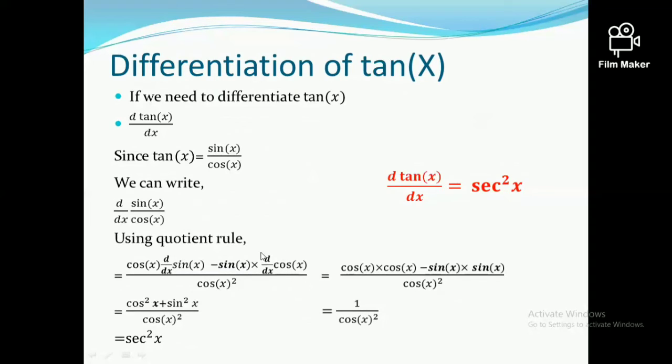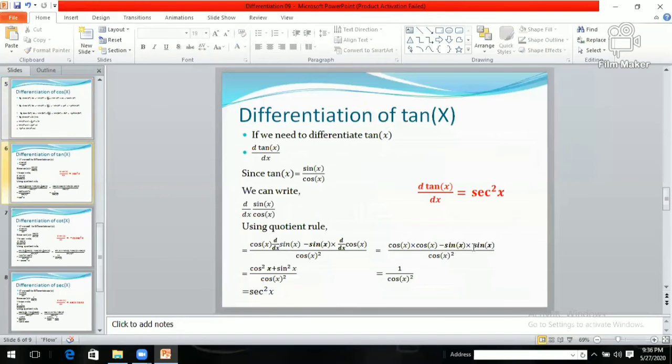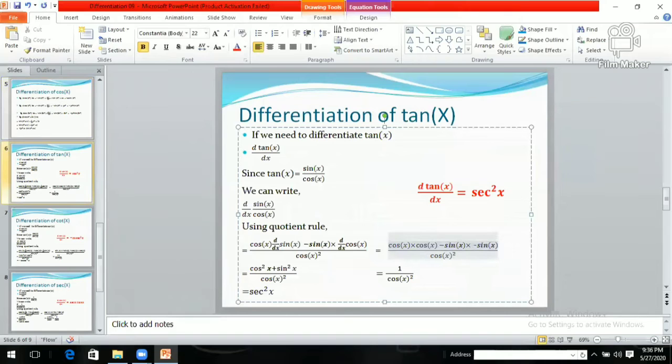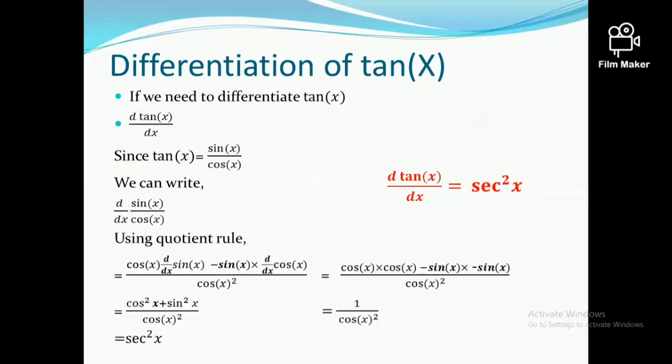Let's go ahead. Cos x, differentiation of sin x is cos x. Minus sin x, differentiation of cos x is how much, children? This should be minus sin x. Again, a minus sign is missing over here. This should be not just sin x, but minus sin x. Right. Then cos x into cos x is cos squared x. Minus sin x into minus sin x is plus sin squared x. Then cos squared x plus sin squared x, we know from trigonometry, is equal to 1.